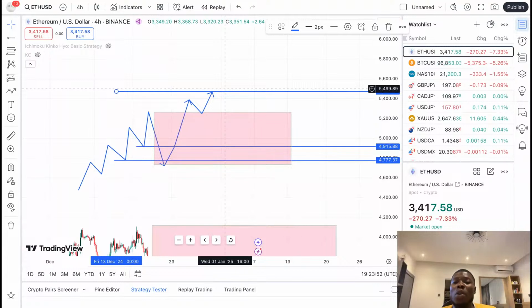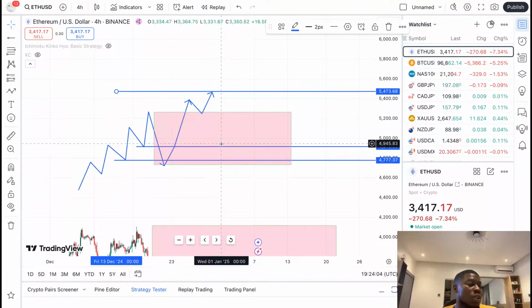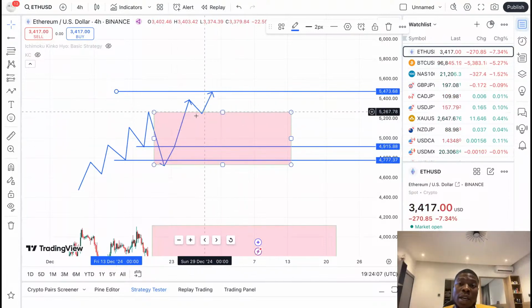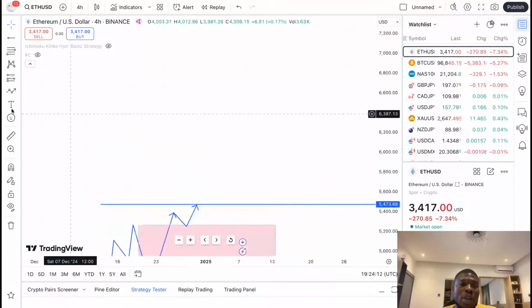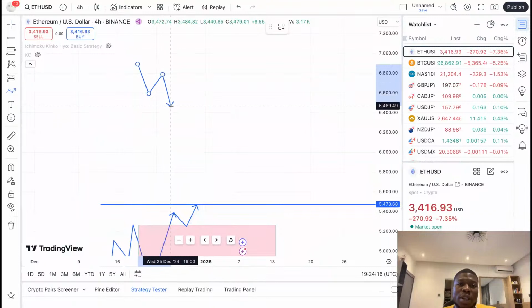A whole lot of times you pile up yourself reading a whole lot of books and watching a whole lot of videos. Always stick to one strategy. But before you apply your strategy, check the structure of the market. So this is the structure of an uptrend. Let me show you the structure of a downtrend, how it looks. It's just the inverse of what I said in this area.